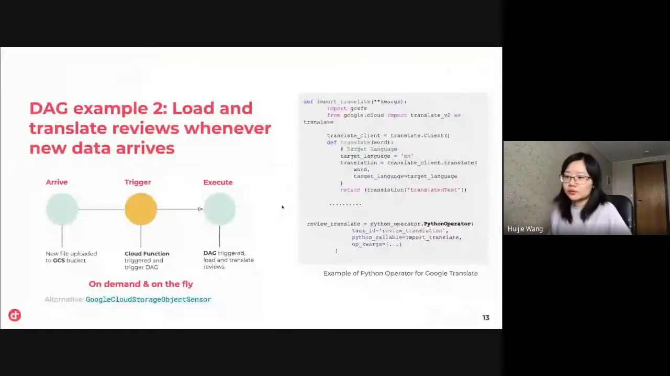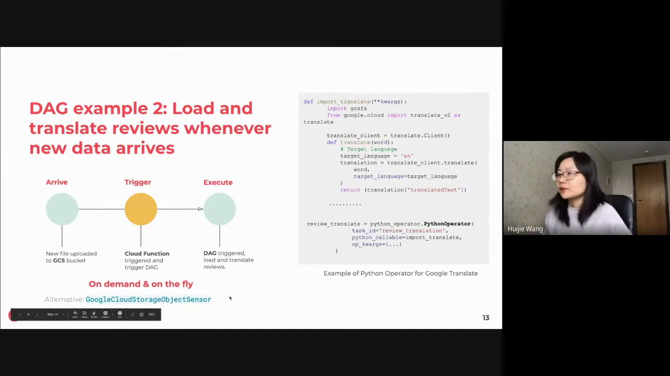Yes. So this is a demo that we want to show the ability of executing the pipeline on demand and on the fly. It's not the only way to implement that. For example, alternatively, we can also use Google Cloud Storage Object Sensor. This is a Cloud and Airflow native implementation. The difference is that in our way, we are using an event-based trigger, while this one will listen to